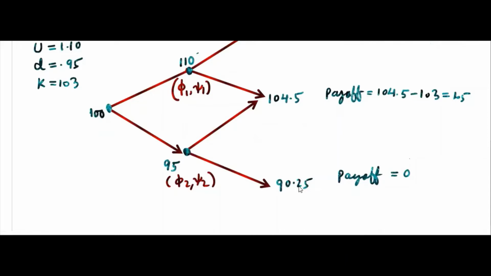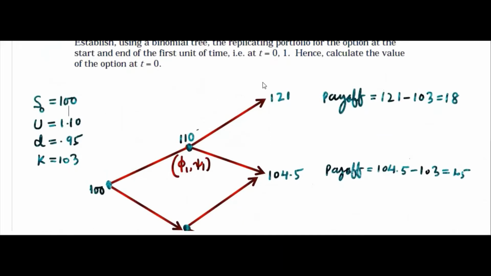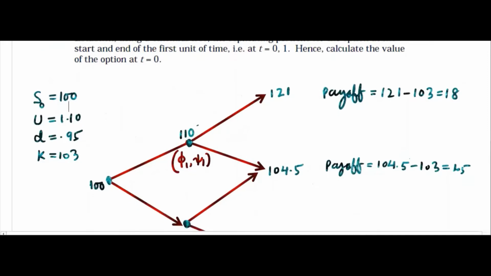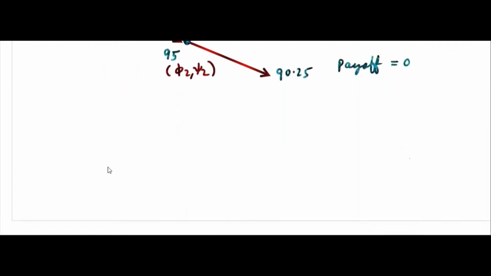So here it will grow to phi 1 units of share I need to purchase here, so it will grow to phi 1 u, you can write. Then psi 1 e to the power r, all those we have to write, and we have to solve for phi 1 and psi 1. That is what we are supposed to do. So let me write here 18 and 1.5, remember. These are the two equations I need to solve.